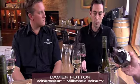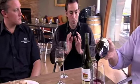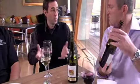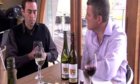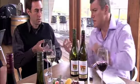Well, there's 2 ways to do it, of course. You could make the 2 separate wines and blend them together. But the way we like to do it is we will crush the Shiraz and throw in whole bunches of Viognier into the ferment, so while they're still grapes. And of course the phenolic makeup of the Viognier grape is such that...